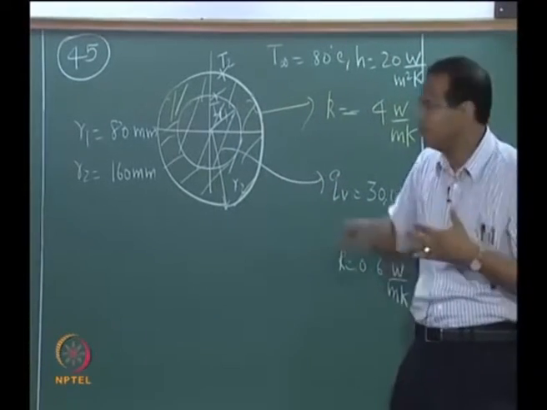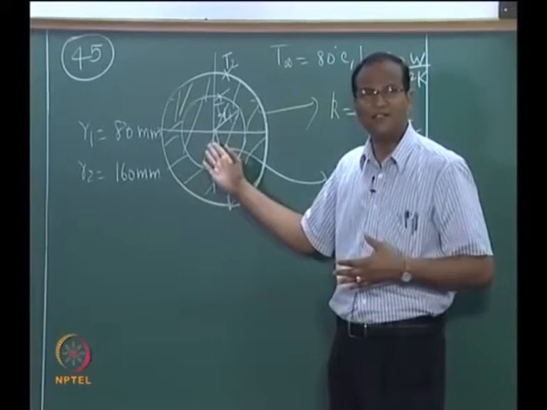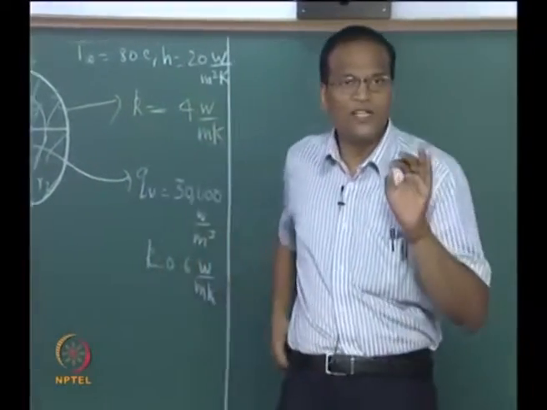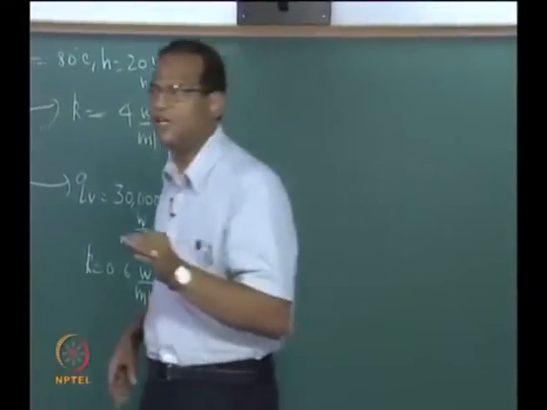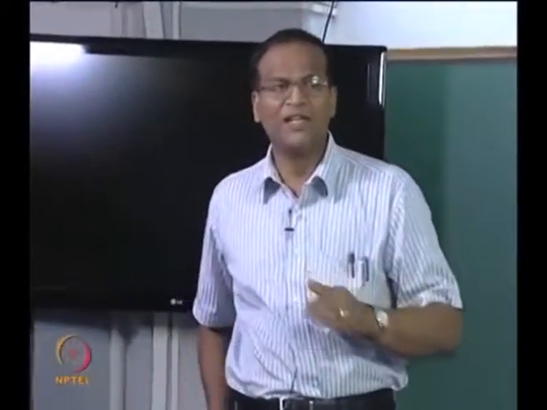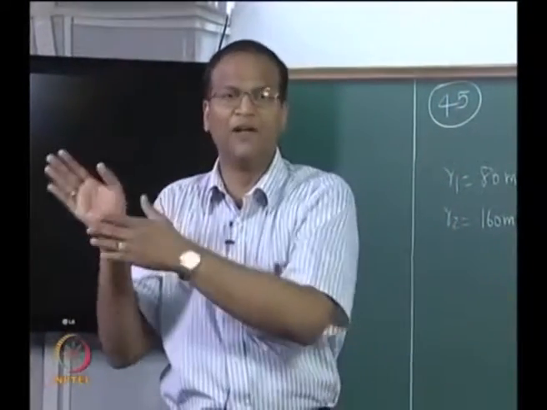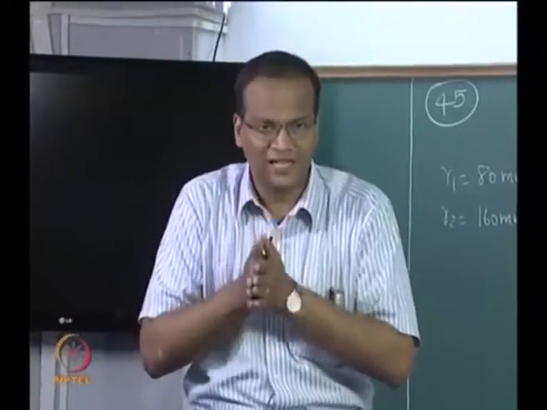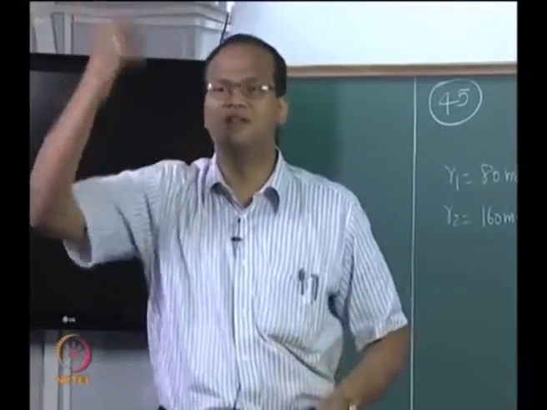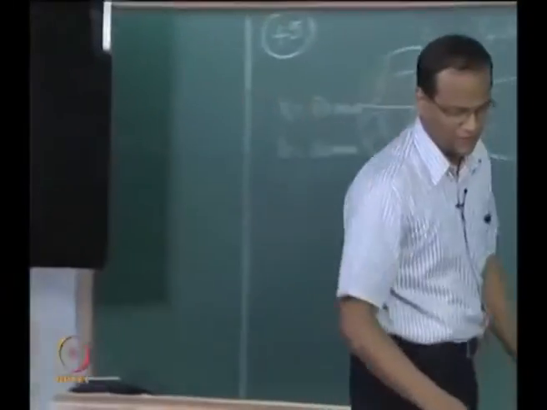Q can be determined by using energy balance. After all, whatever heat is generated within the volume has to be taken out by the sheath. So it is a problem where you have to intelligently use your fundas. First get the Q by simple energy balance, declare that the same Q is going throughout, and then equate it to Q for a cylindrical shell, get the temperature T1. Once you get the temperature T1, the temperature T2 can be straight away obtained. Is the problem clear? Let us work it out.